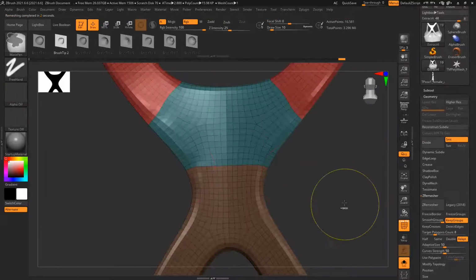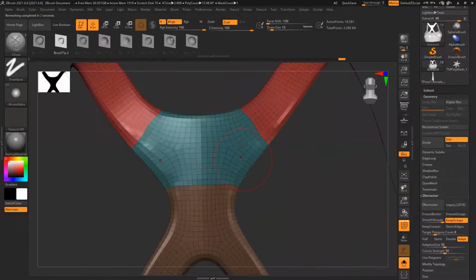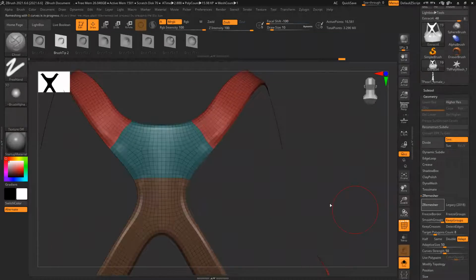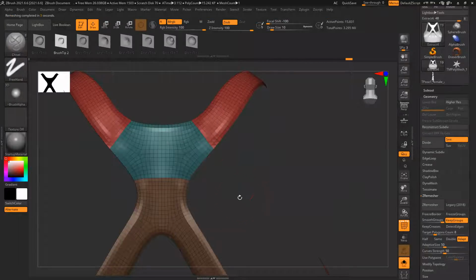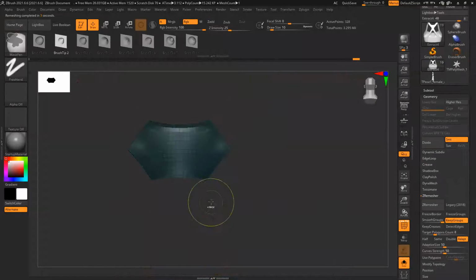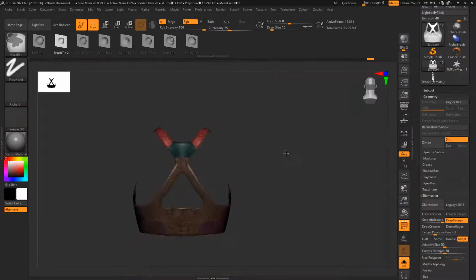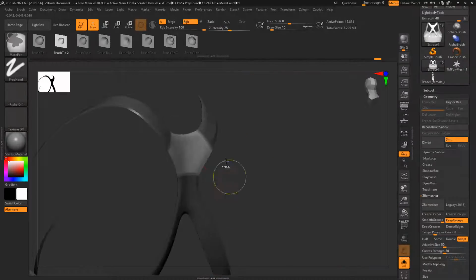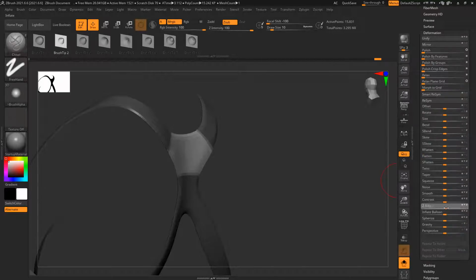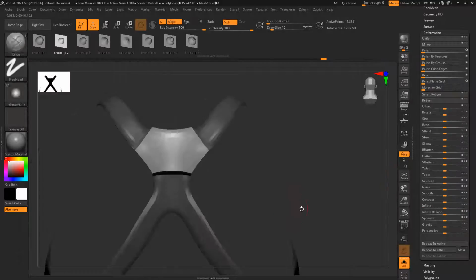So it will create this group, but I'll need to extrude this slightly. I can do it one more time to get this line a little bit cleaner, crisper. Now it's kind of nice. Now I want to extrude this thing. So Control Shift, click on this mask, Control Shift, click outside, flip, and I need to extrude this. I can use ZModeler for this, or I can use Inflate from deformation. It will work.